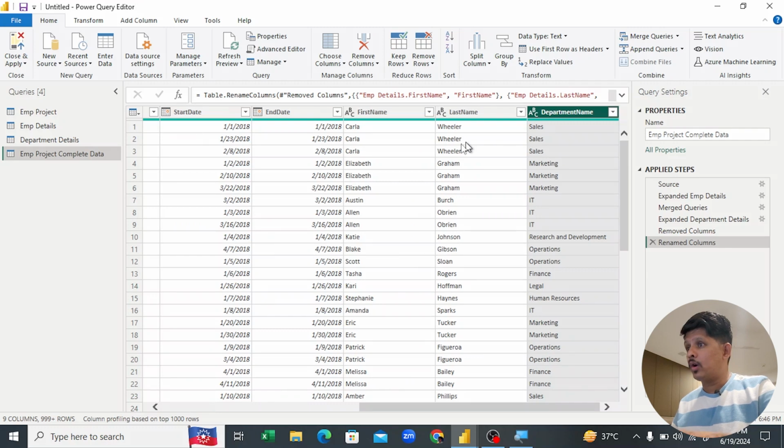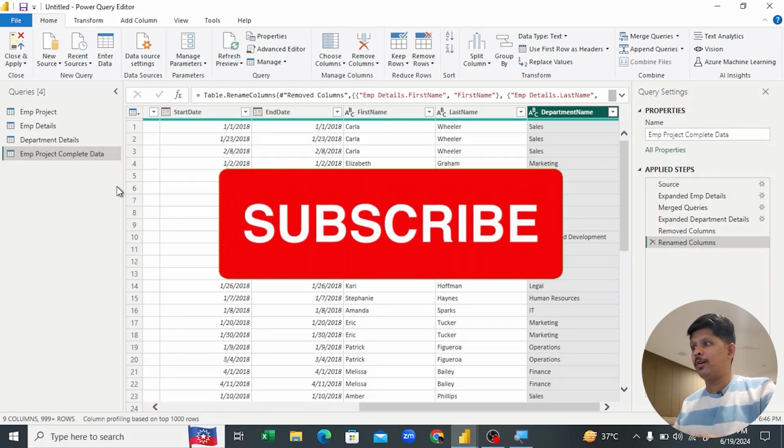Now I got all the info which I wanted from employee details table and from the department tables using merge query. Merge query is really a very useful tool to create a table or club the table from multiple data sources and put it in one. I hope this will help you in your future work.